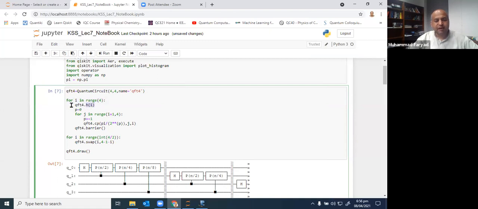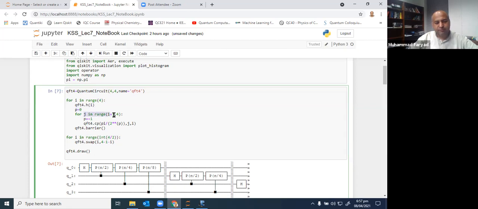So just apply Hadamard on the QFT4 circuit. This QFT4 is a circuit of 4 qubits. I have written it in such a way that you can easily modify it to work for any number of qubits. All you have to do is replace this 4 with any number. You can also define this 4 as n, and then give n any value. Anyway, after this Hadamard, I have initialized this number p equal to 0, and